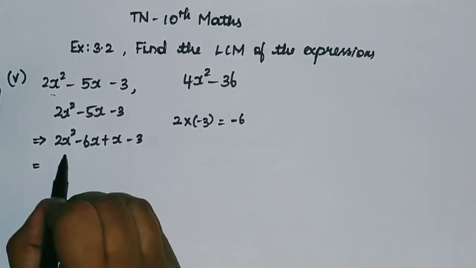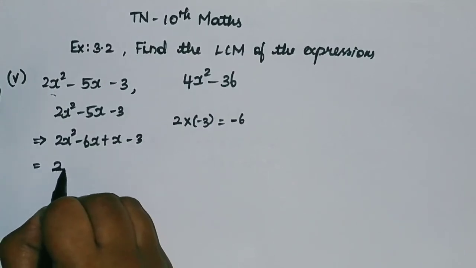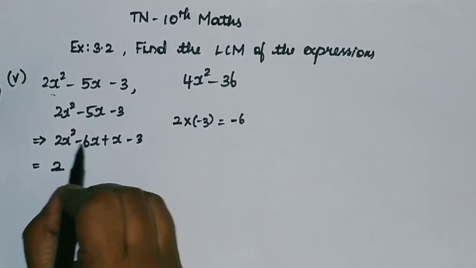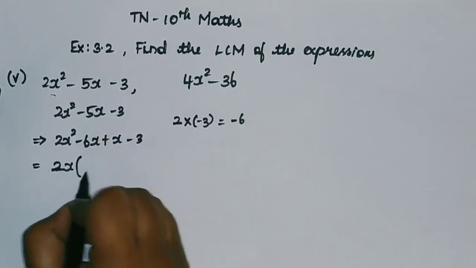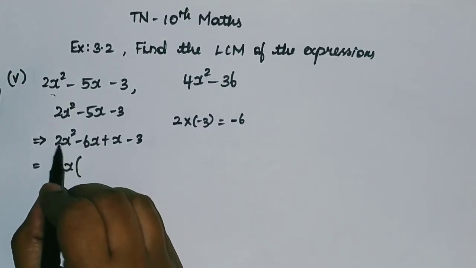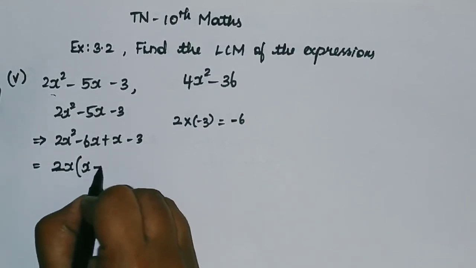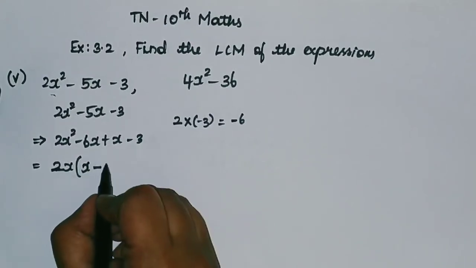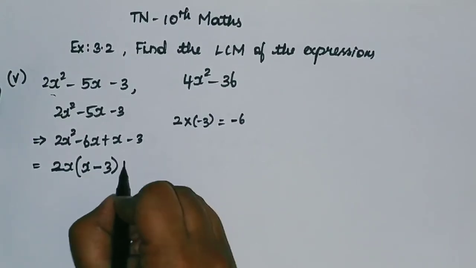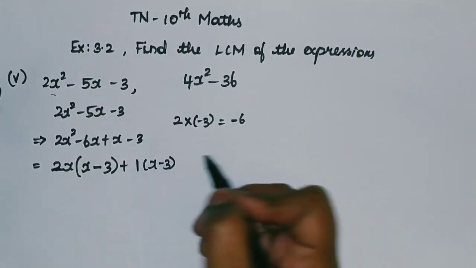In the next step, you see in the first two terms, you have 2 common. You can take 2 common outside. Also, you can take this x common outside. Here also it is x square, here you have x. So I'm going to take x common outside. So in the first term, you have taken 2 common outside and x common outside. The remaining is x minus, you already taken 2 common outside, so here it is 3. Here also I have x minus 3. I'm just putting 1 here.